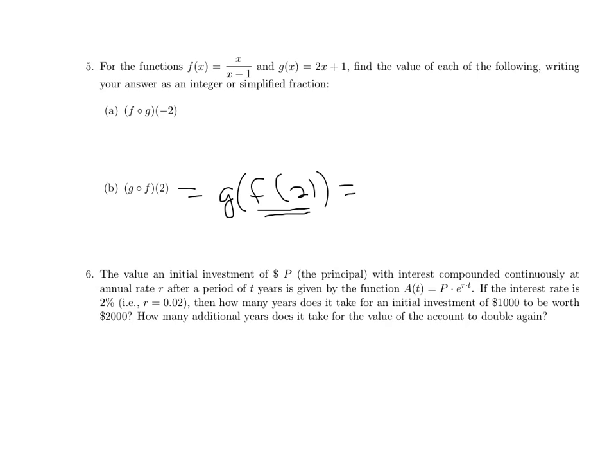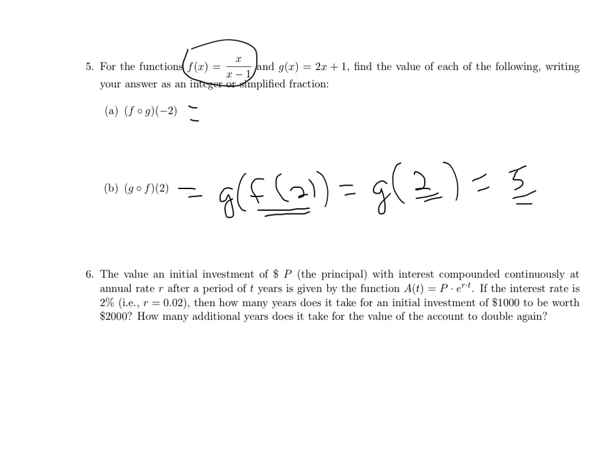So we just go up and look at what f of 2 is. Here's f. So f of 2 is 2 over 2 minus 1. So 2 over 1 is 2. So it just so happens that f of 2 is equal to 2. And then we look at the g rule, and the g says that g of x should be 2x plus 1. And so when you put 2 in, you get